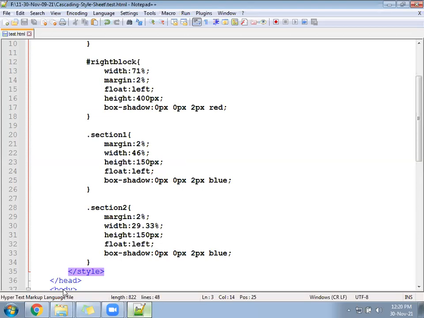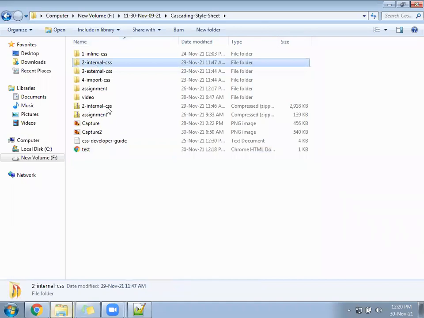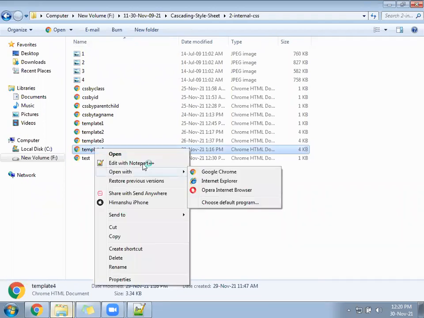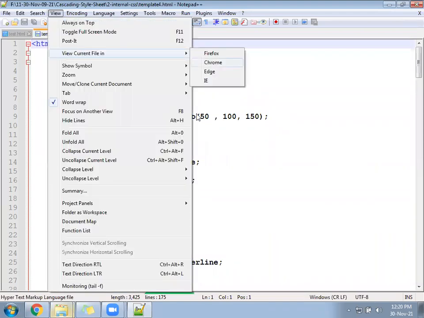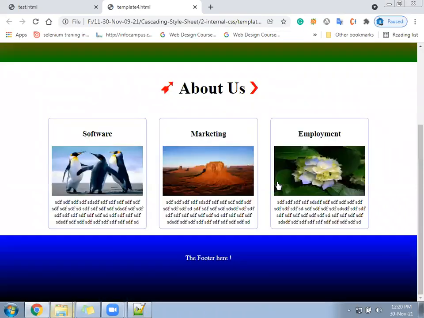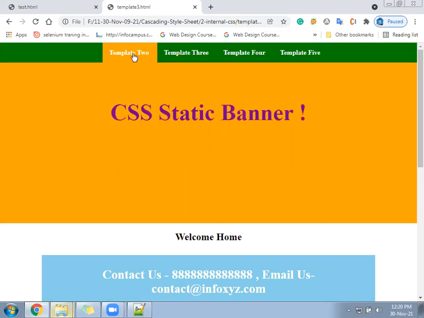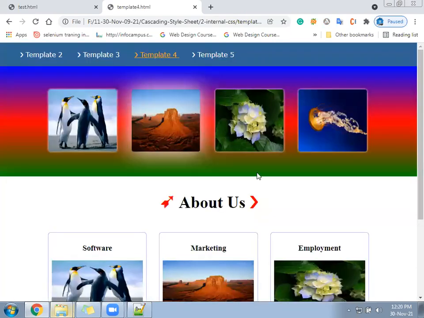Okay, we can come to our main folder. We were under the which folder? Internal only, no? Under internal template 4 we have made based on some this thing, right? Okay, now we are going to work on, so this all CSS we have applied for the output tags in the template 3. Template 3 also was for the output tag only. Template 2 was also for the output tag itself. Template 4 was for the output tag only.